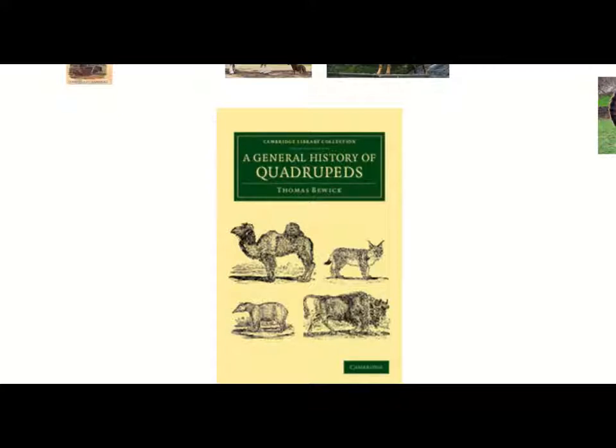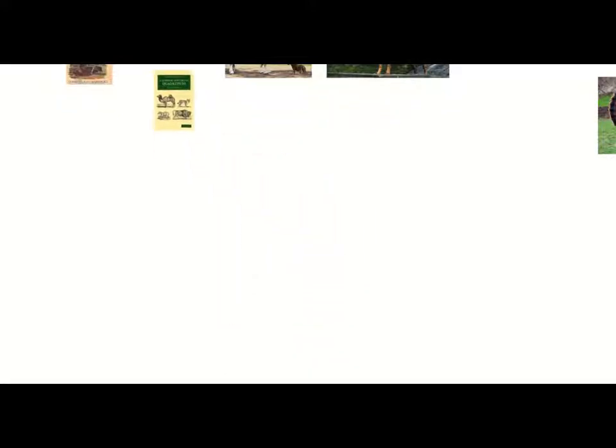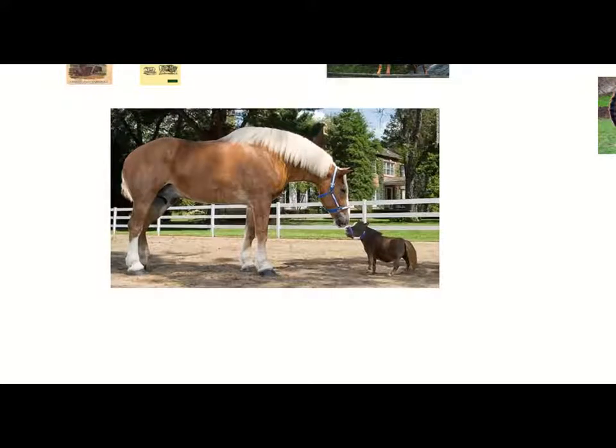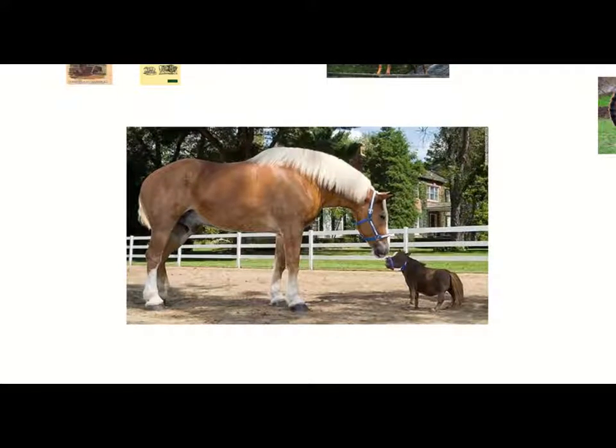And I do want to make a point that some of the terms we use for quadrupeds do not apply to people. And at the end of the anatomical planes,